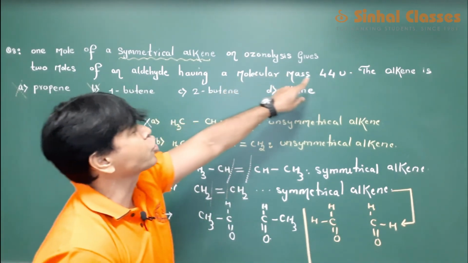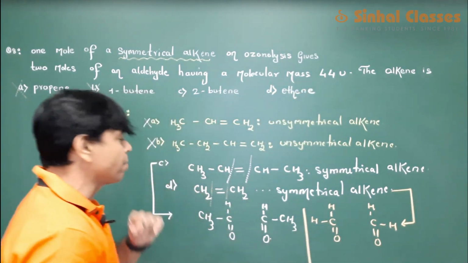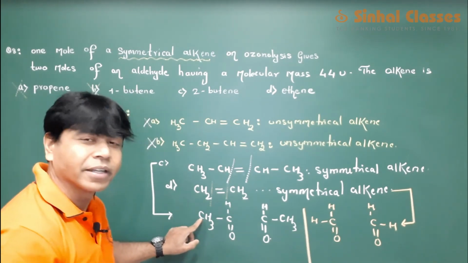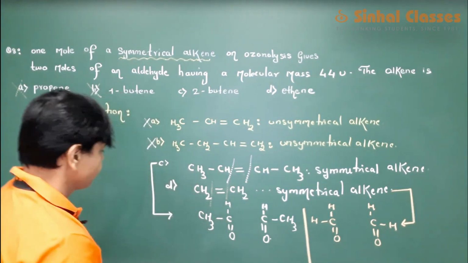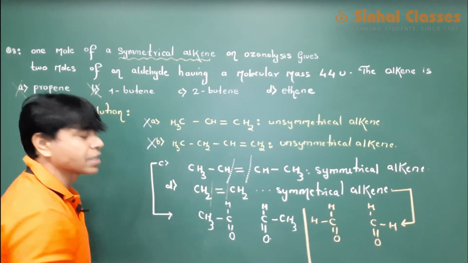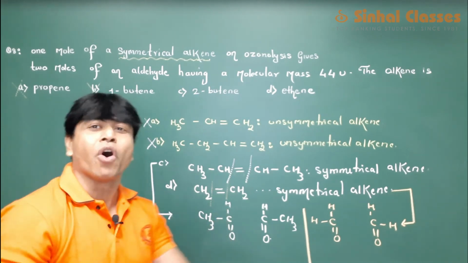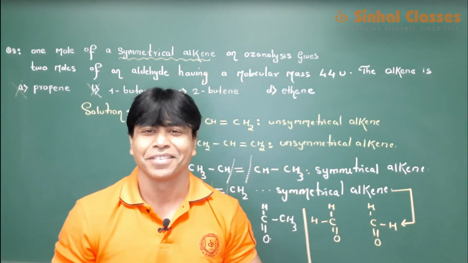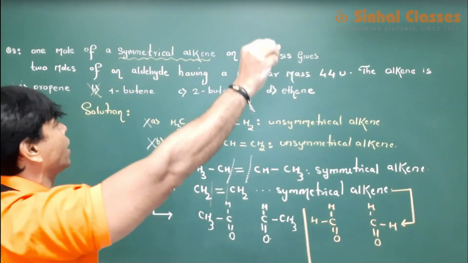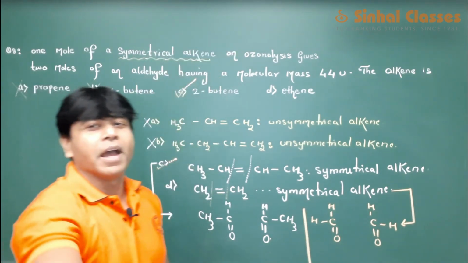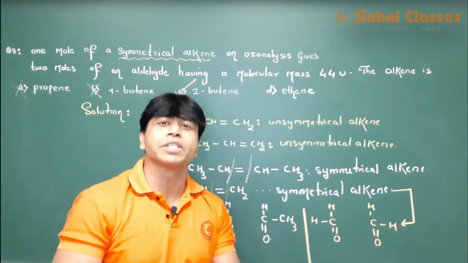Now, they want an aldehyde which should have molar mass 44. Check it out. Out of these two, which has the mass of 44? Let's see this part. There are 2 carbon, 12 plus 12, 24. 24 plus 16 is 40. And 3 plus 1, 4 hydrogen, 44. So your answer for this is C, which is the correct one. Answer is C and not ethene. Okay? Everybody understood this? Great. Now let's go for the next question.